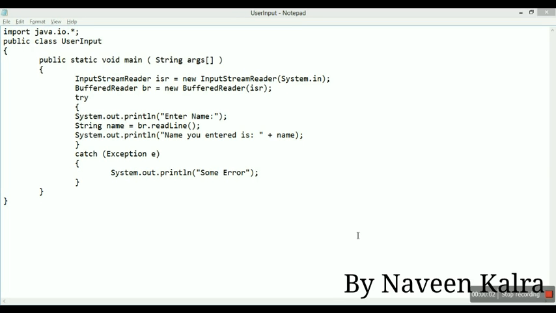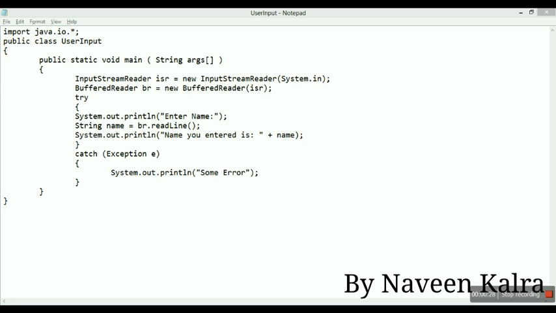Hi everyone. In the previous video you have studied about operator statement, and in this video we'll be studying how to take an input from user. You have already studied how to give command line arguments. And in this video we'll be studying that if we want to take an input from user, so what do